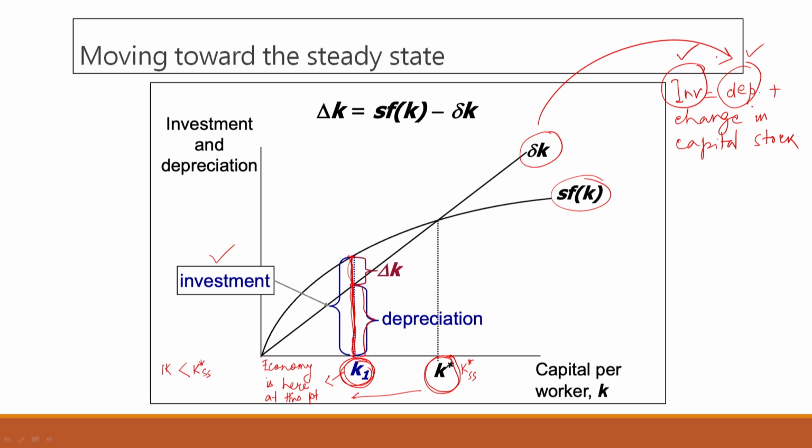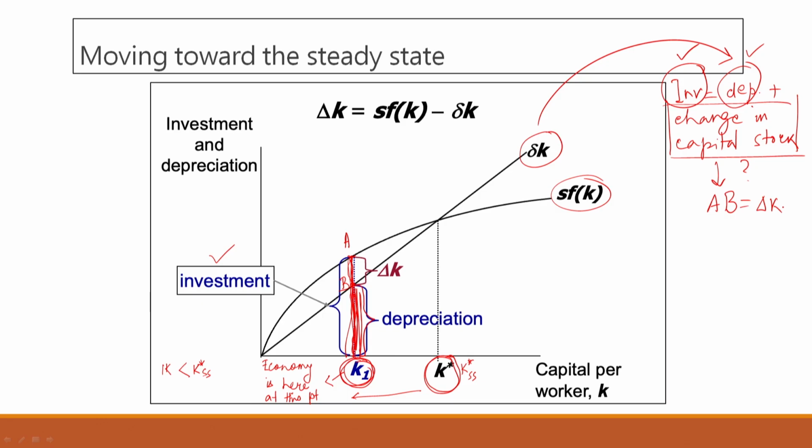So, then what are we left with? Then this is the only thing that we do not know, but right now we have the values of investment, we know how much is the depreciation. So, we know this entire thing, out of which we know this amount is going for depreciation. So, what are we left with? We are left with this. Maybe it helps to label. Okay, so this AB is what remains, and this AB is representing the change in capital stock.